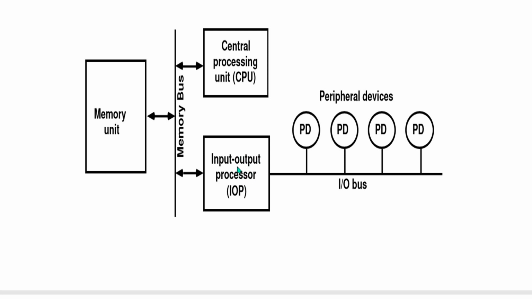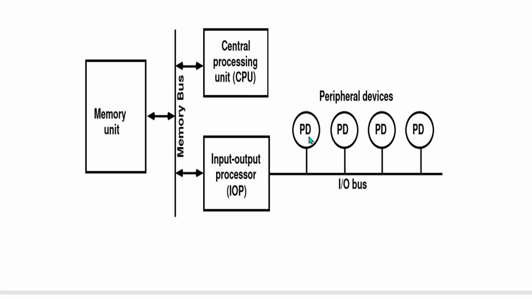After reading that status word, the status word is placed inside the memory unit. After placing the word inside the memory unit, the CPU reads the complete status word. The status word completely depends upon the IO transfer. If the IO transfer is ready, then the central processing unit again points to the first instruction of the program. That first instruction is read from the memory unit, transferred through this bus and placed into the IOP processor. This IOP processor will start the execution from that instruction to the last instruction.